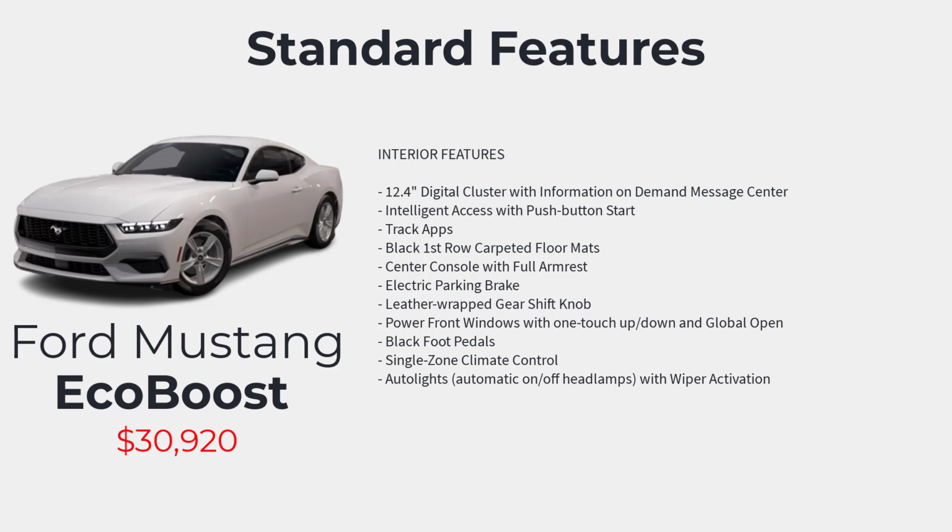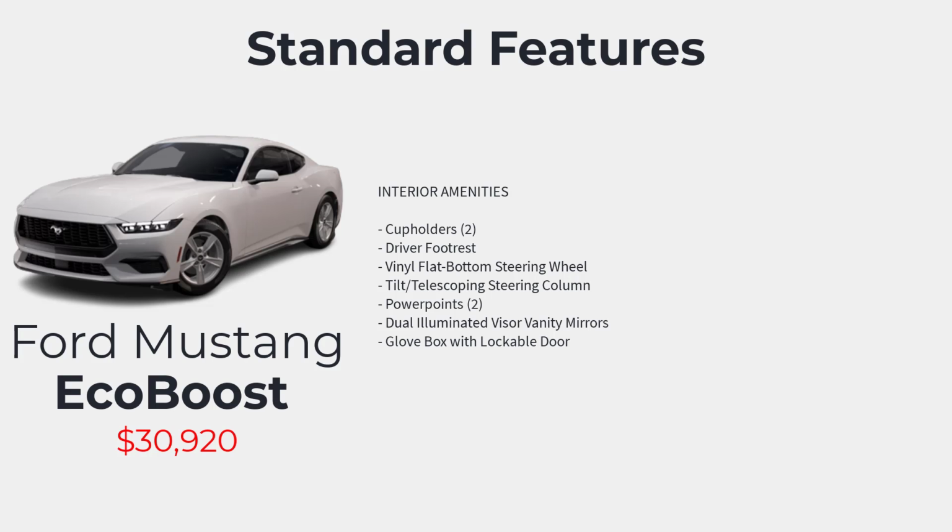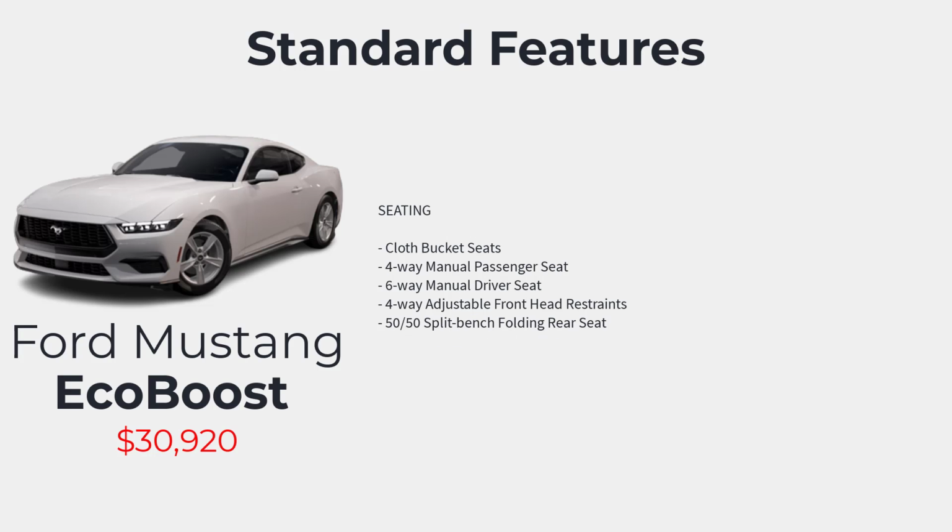pedals, single zone climate control, auto lights with wiper activation, cup holders, driver footrest, vinyl flat bottom steering wheel, tilt telescoping steering column, power points, dual illuminated visor vanity mirrors, glove box with lockable door, cloth bucket seats, 4-way manual passenger seat, 6-way manual driver's seat, 4-way adjustable front head restraints, 50/50 split bench folding rear seat, Ford Pass Connect